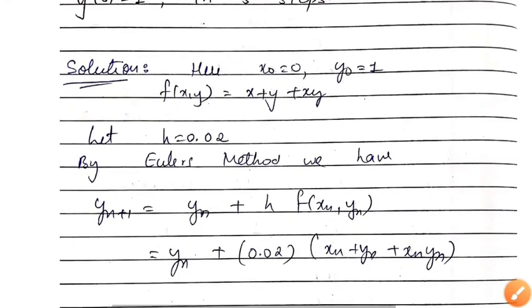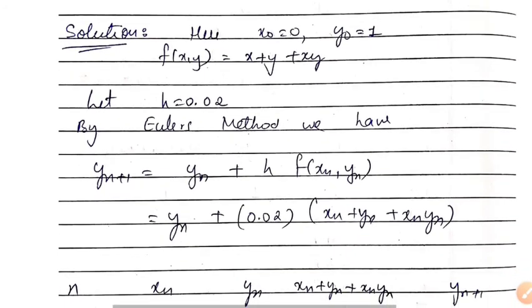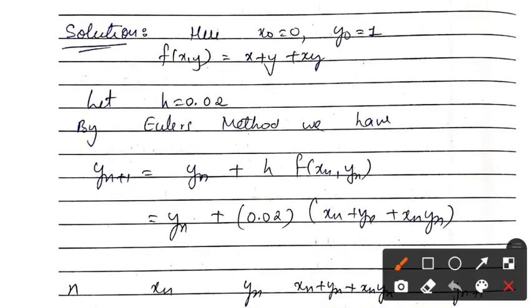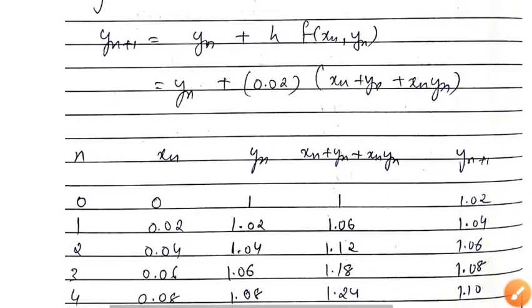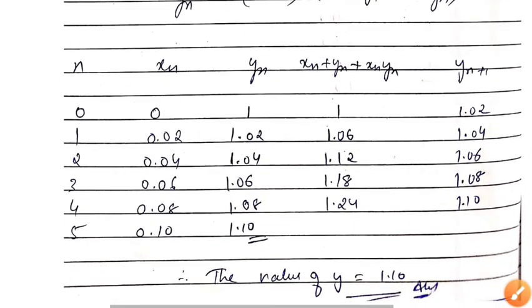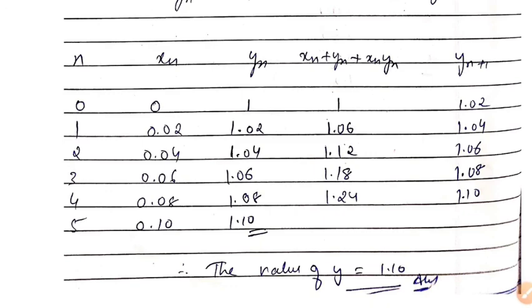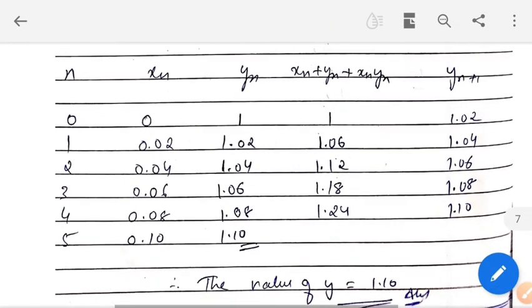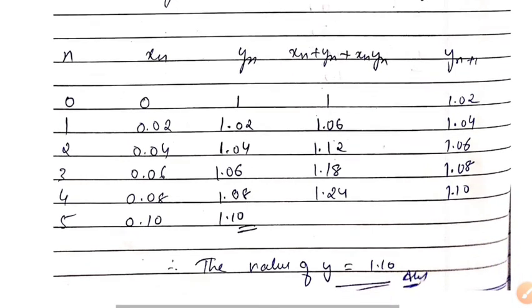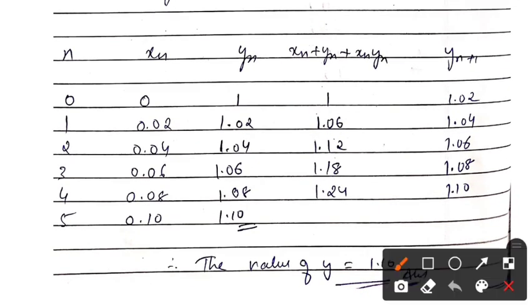So how will you take this? First I will write all the given values, right? See, first I have written x0, y0. This is your f of x, y. h, I will let you know how to decide now. We will write Euler's formula over here. Okay. Now next I will create a table. To create a table, first of all I will write all these particulars. Right? n, xn, yn. This is your function and this is your Euler's formula.